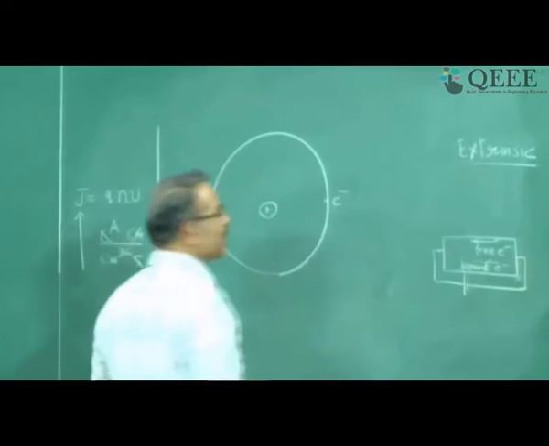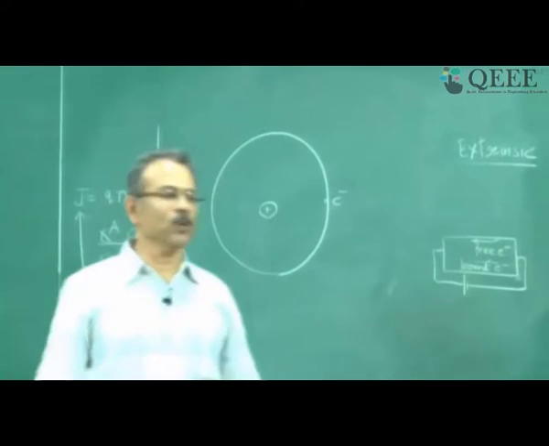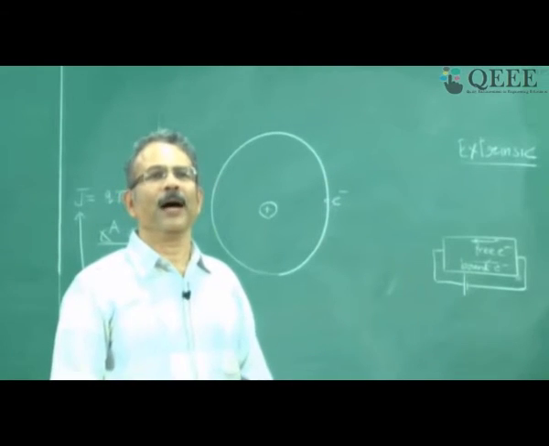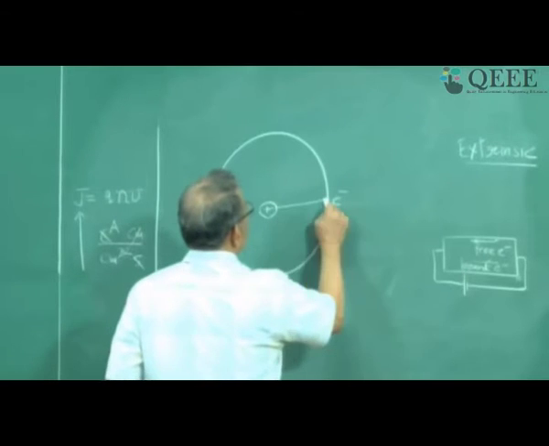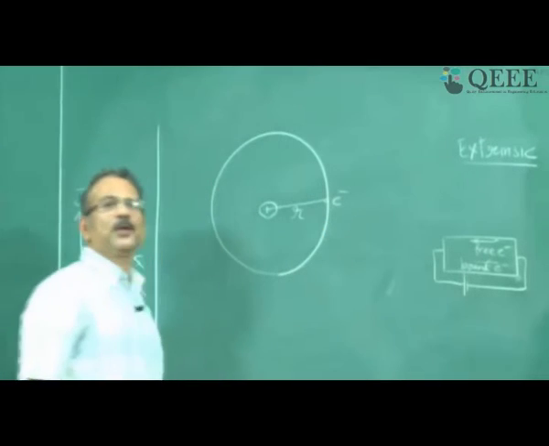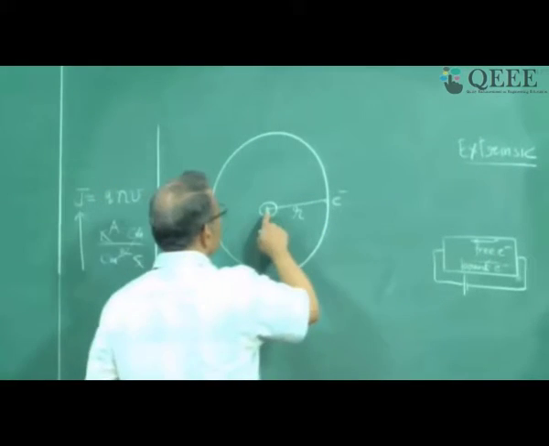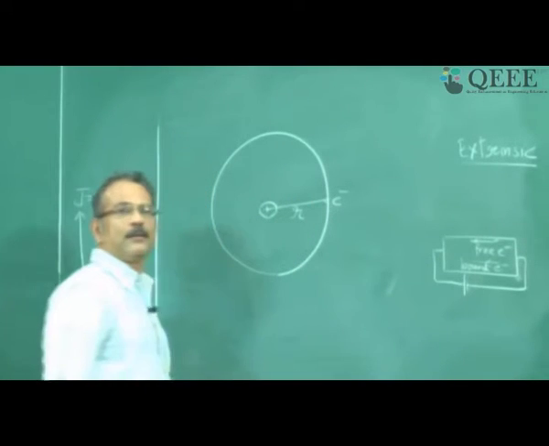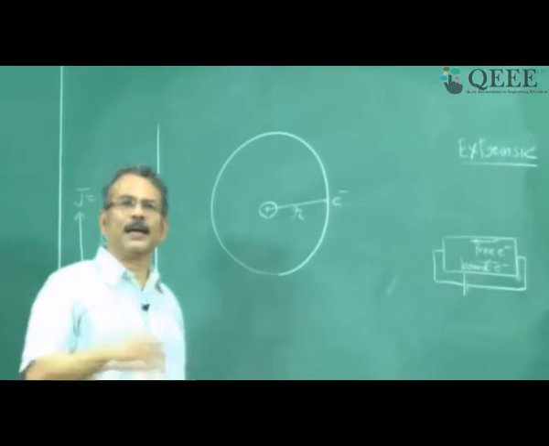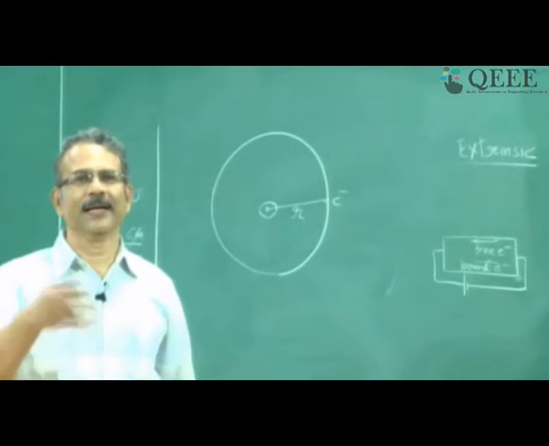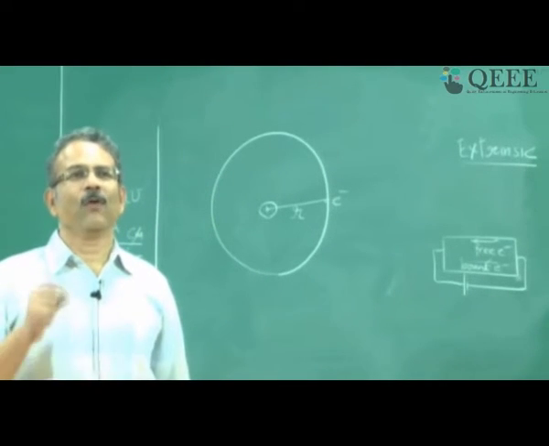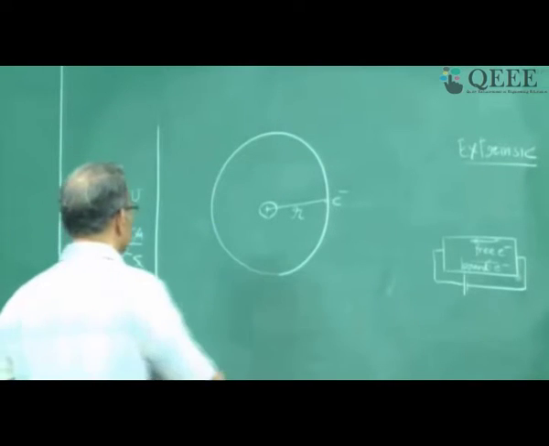So let us look at a hydrogen-like model. Radius of the orbit in a hydrogen model: you have a nucleus at the center and an electron revolving around it. You can calculate the radius. I will give it as an exercise to you. You can look on the internet. What is the Bohr radius of the hydrogen model?